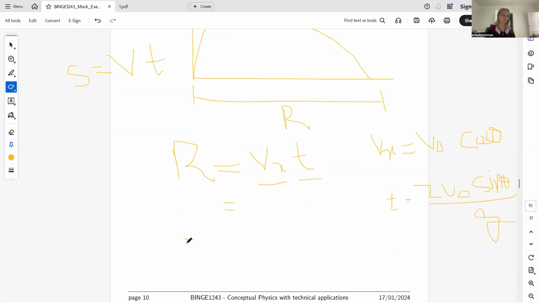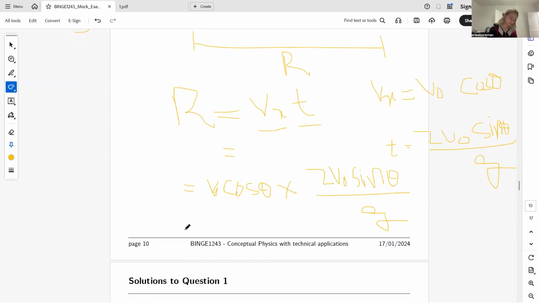Then our equation will become R equal to the value of Vx, v naught cos theta, multiplied by the value of t, 2 v naught sine theta by g. Here you need to multiply. As a result, the product will become v naught square divided by g, and the trigonometric values can be combined: 2 sine theta